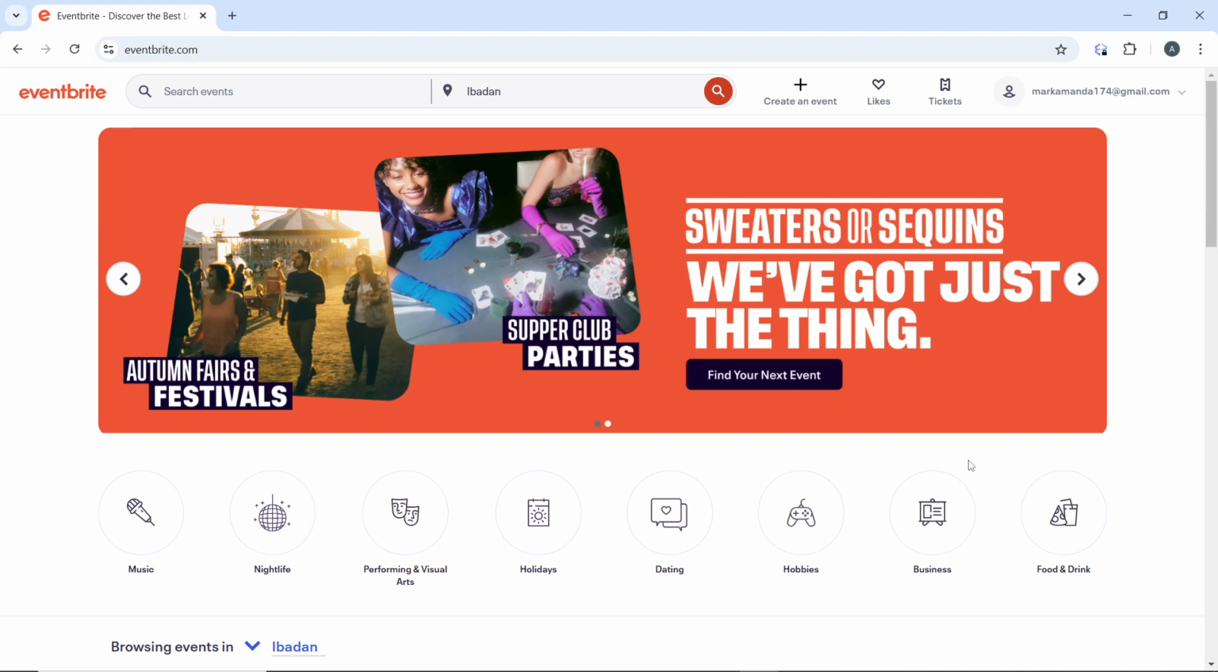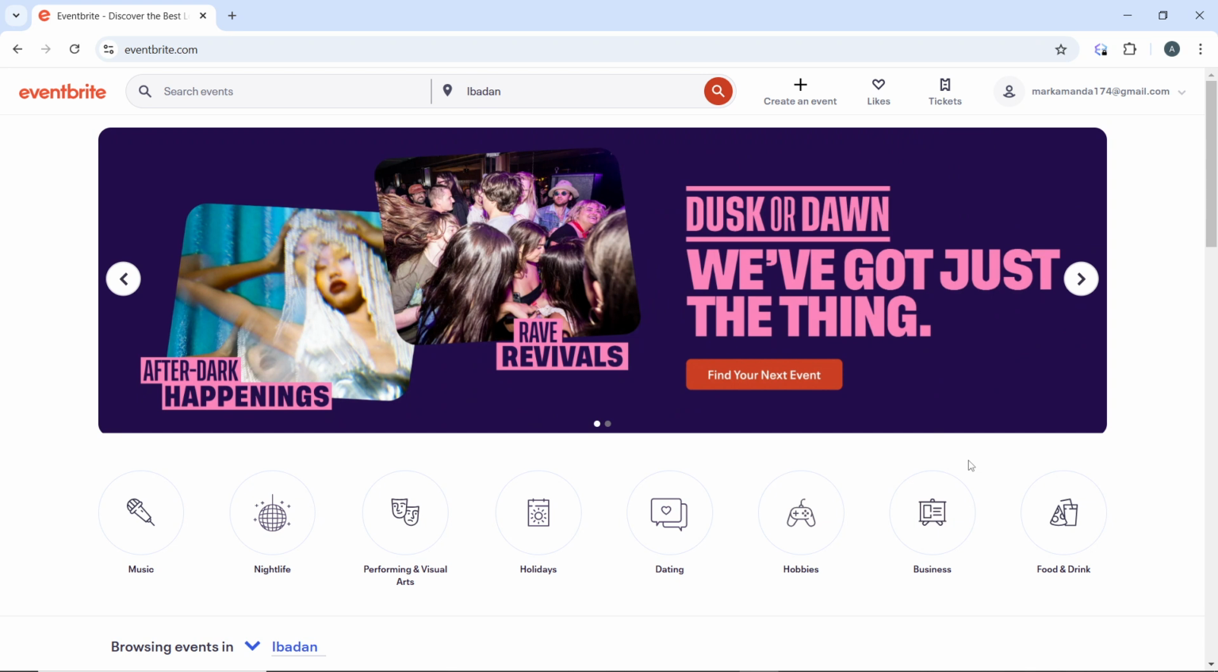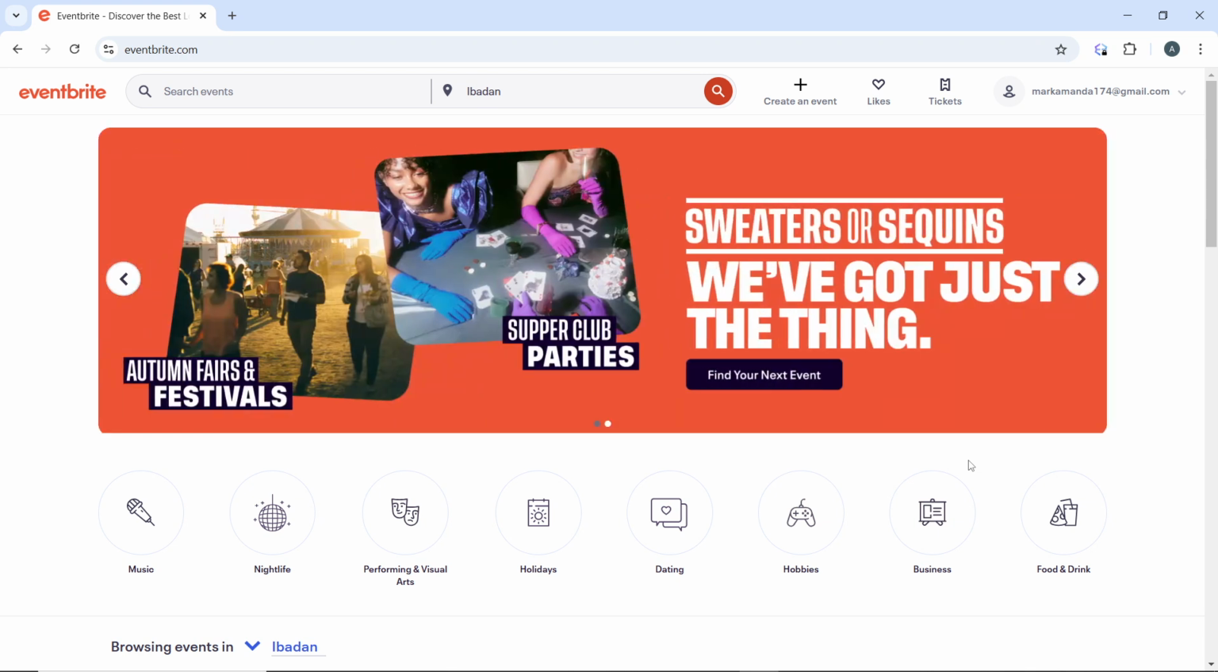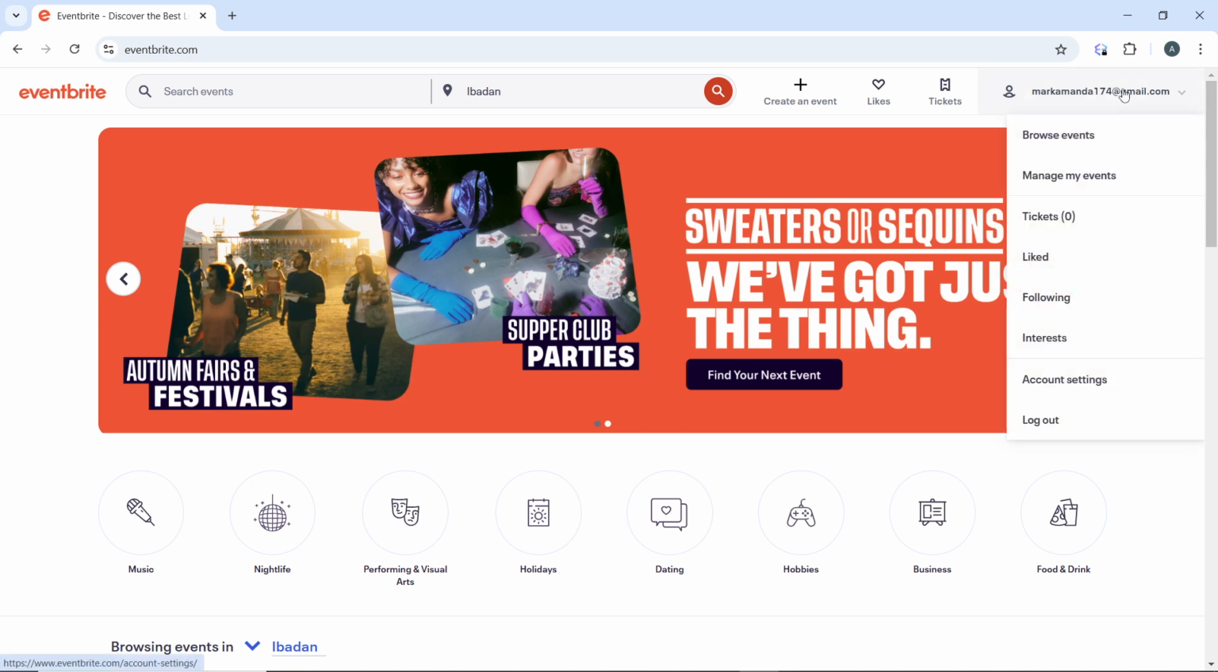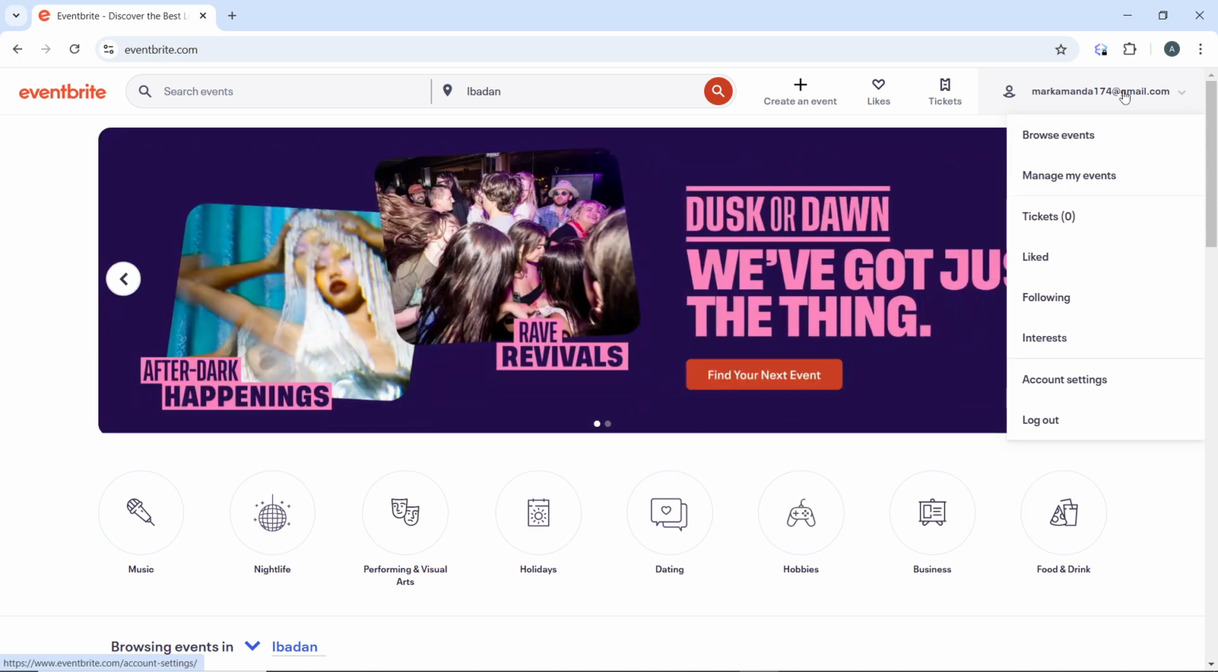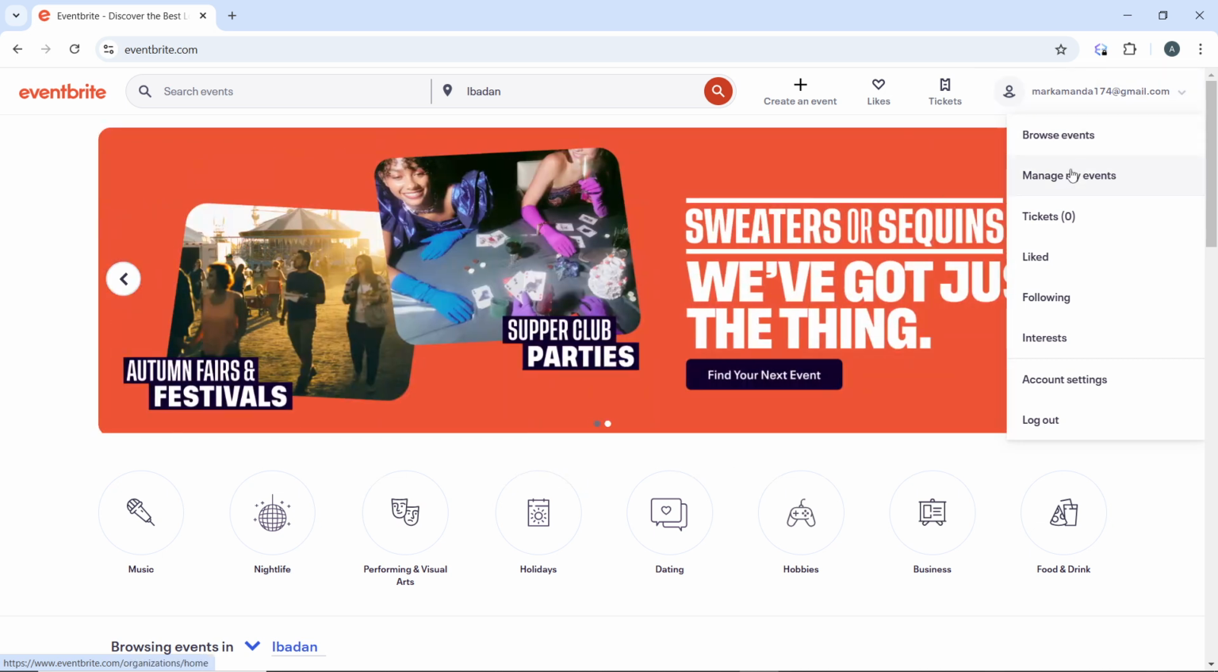The first thing to do is to go to eventbrite.com and log in with your account credentials. Once you're logged in on the home page, click on your profile icon in the top right corner displaying your email address. You'll be provided with a drop-down menu from Browse Events down to Logout. Now go ahead and click on Manage My Events from the drop-down menu, and that's going to walk you into